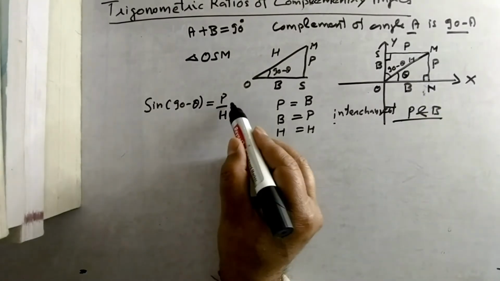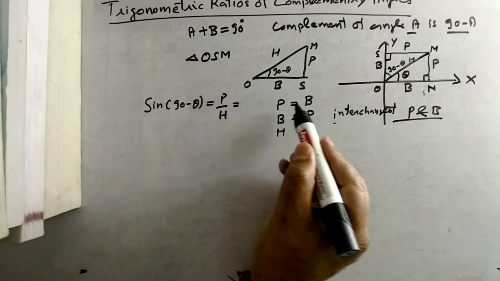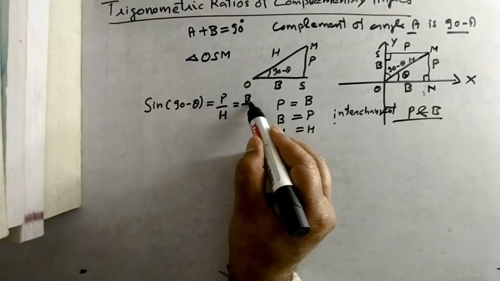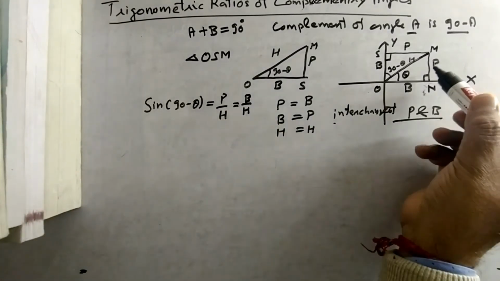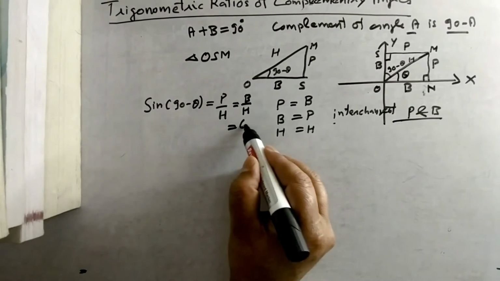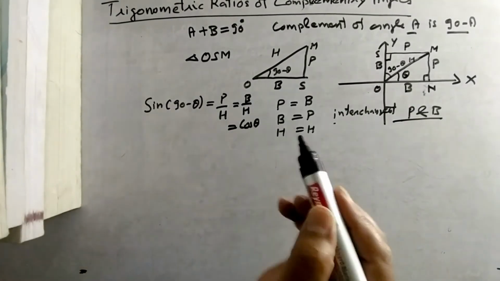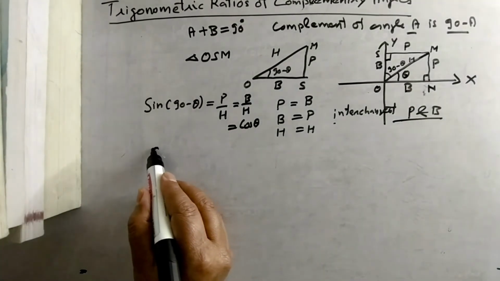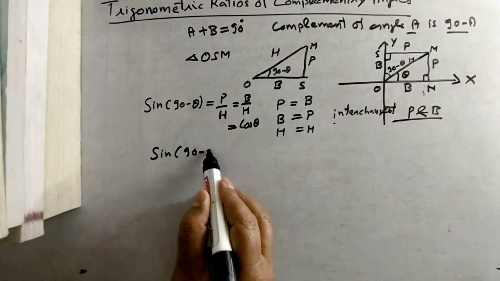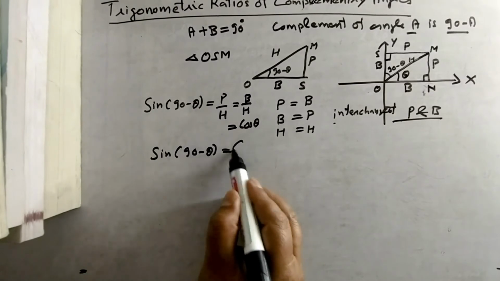Now what happened here? This P is equal to B, so you can write it as B upon H. But this B upon H is nothing but cos theta. So children, the only thing you have to learn is that in complementary angles, sine 90 minus theta becomes cos theta,